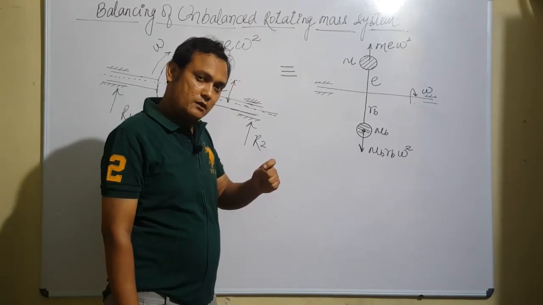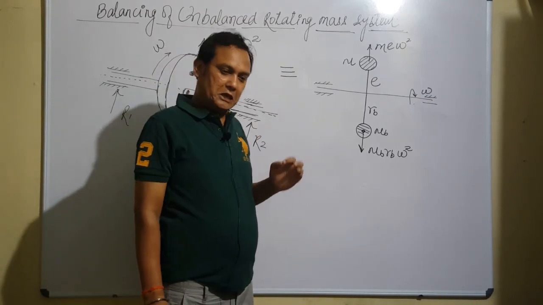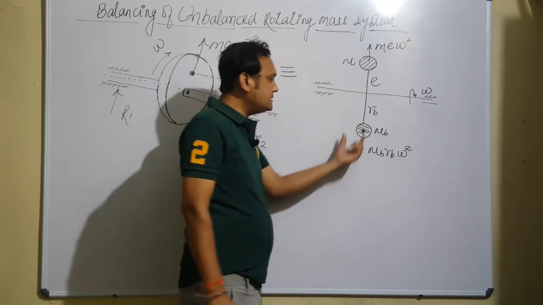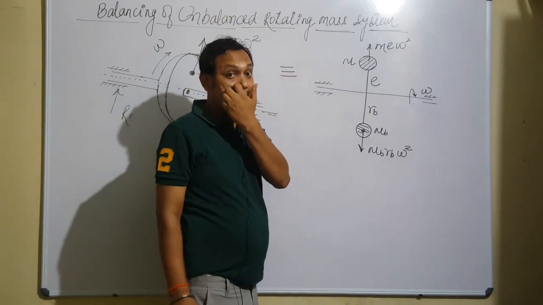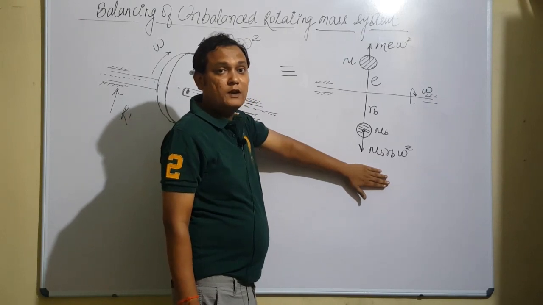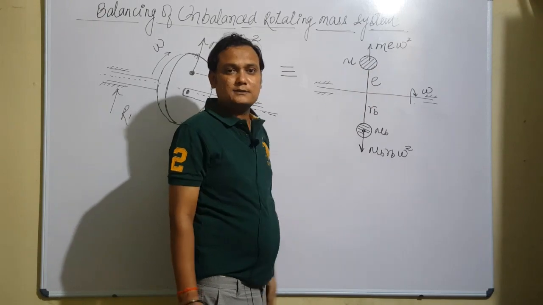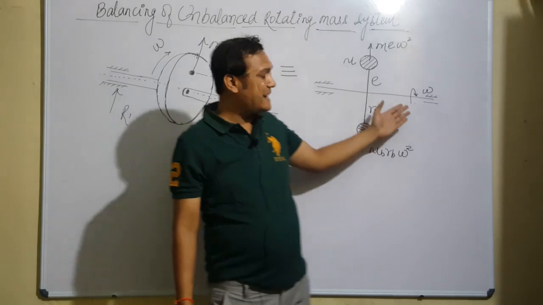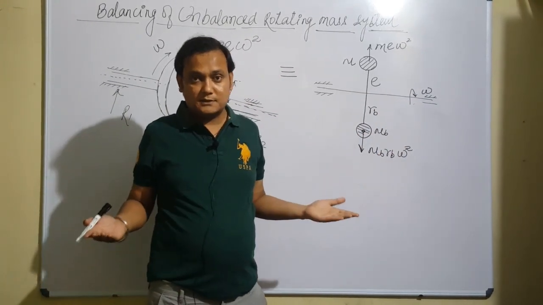अब चीजें important हो जाती हैं. यहीं से आपको सावधान होना. Be careful. So what I said, to balance the system, we have added a balancing mass of amount mb at a radial distance rb from the axis of rotation in such a way that these two centrifugal forces will be equal and opposite so that they can nullify each other. The net centrifugal force on the system will be again zero, like the initial situation, and unwanted dynamic reactions will immediately be eliminated, and that is the very purpose.